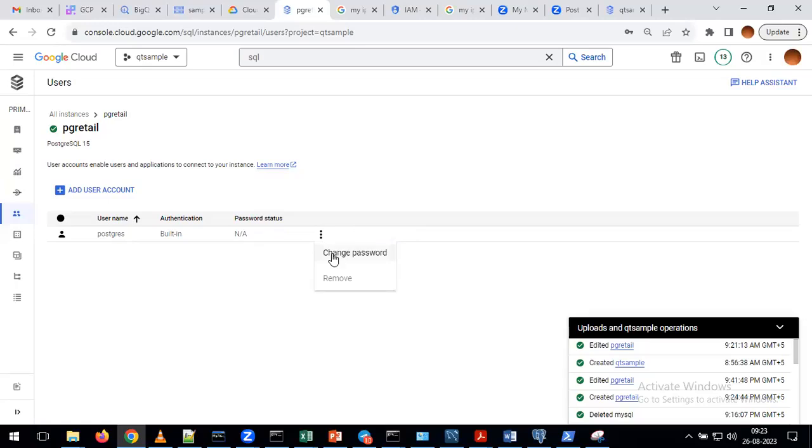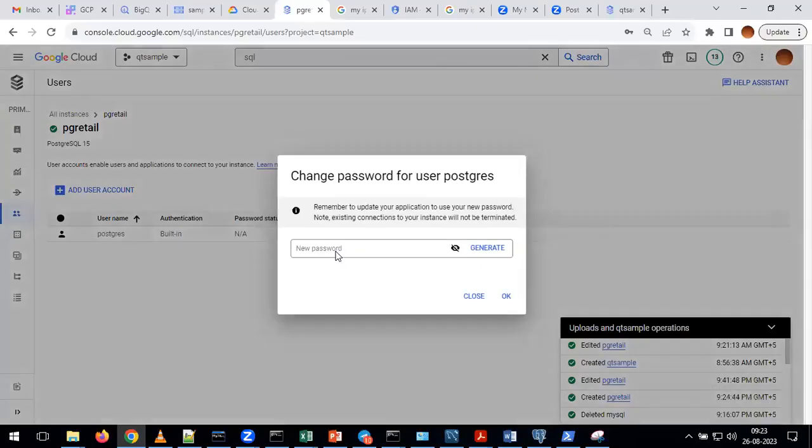My sincere request, please travel parallelly with me. If you are lagging behind, I have to repeat each and everything, and it will take a good amount of time. For that reason, please travel parallelly with me. In this window, we already have the user called Postgres. Click on the three dots, click on Change password. Give the password.